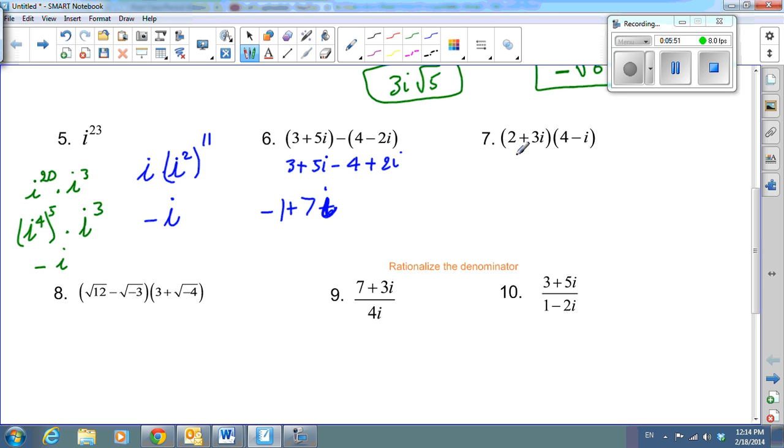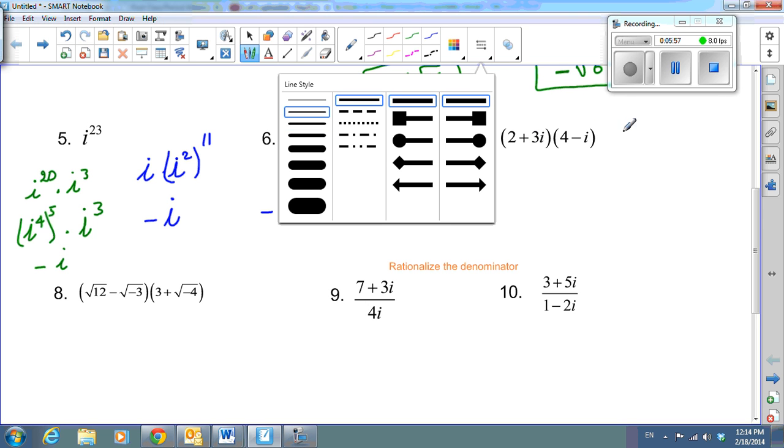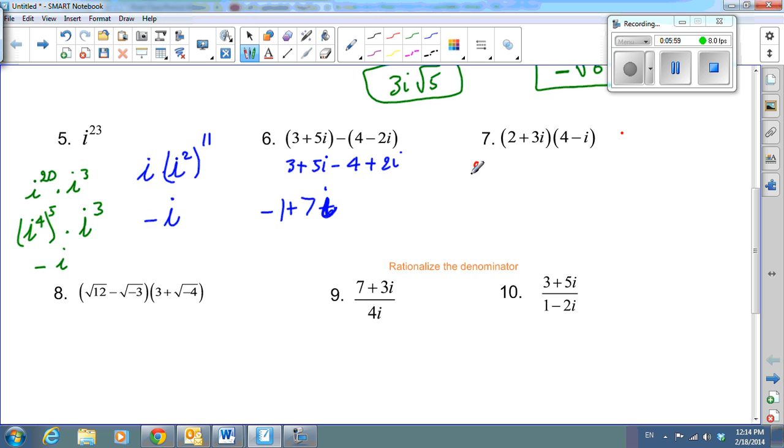On number 7, again, it's a product. You will apply your double distribution if that's how you learned. If you learned how to FOIL it, you go ahead and FOIL it. So it will be 2 times 4 minus i, plus 3i times 4 minus i. If you distribute this, you get 8 minus 2i plus